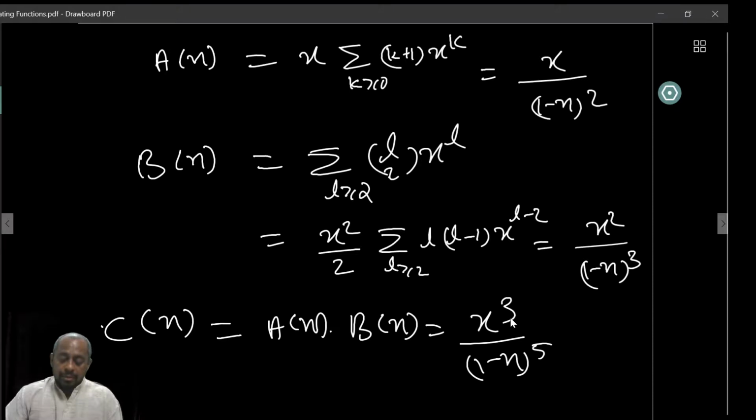Now, of course, there is a shift by power 3, right? Because x cubed is sitting here. So I need to look at the coefficient of x raised to n minus 3 in this term, right? So that happens to be,